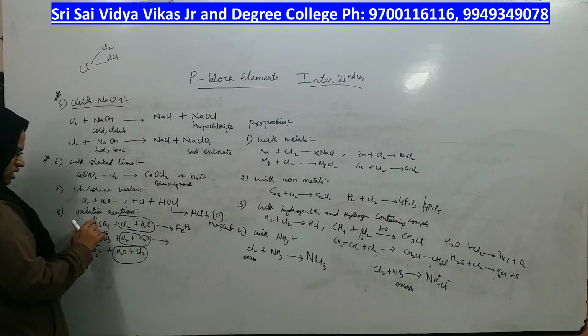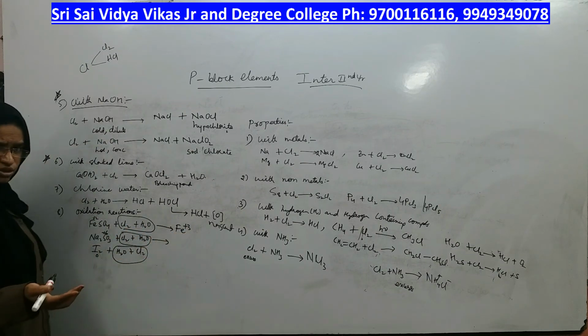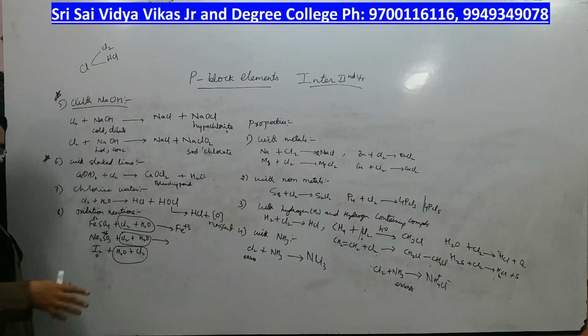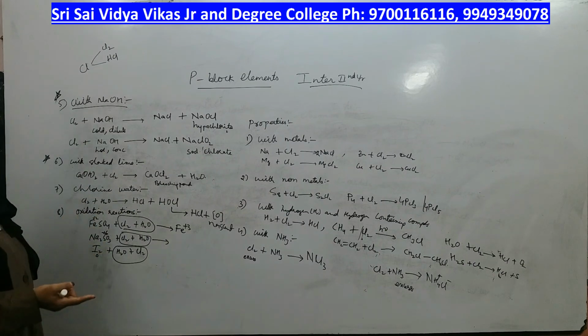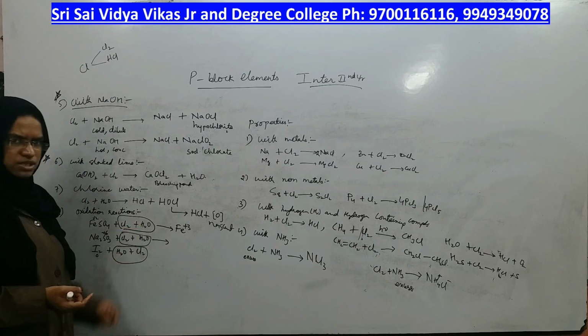Is it undergoing oxidation or not? Plus 2 means 2 electrons less, plus 3 means 3 electrons less. That means 1 electron got lost by iron, which is nothing but oxidation. Who is doing that oxidation? It is the combination of chlorine plus water.